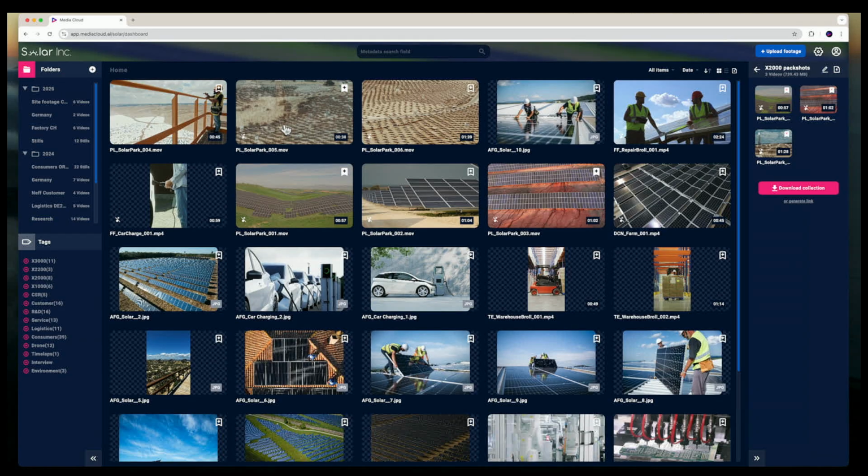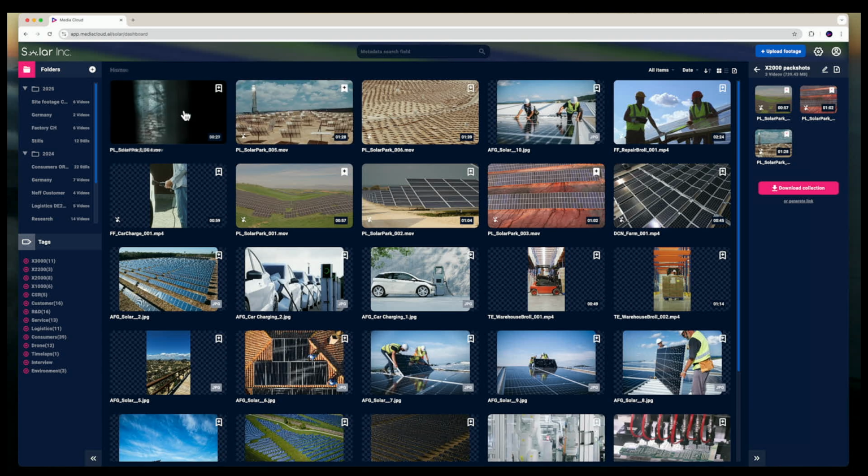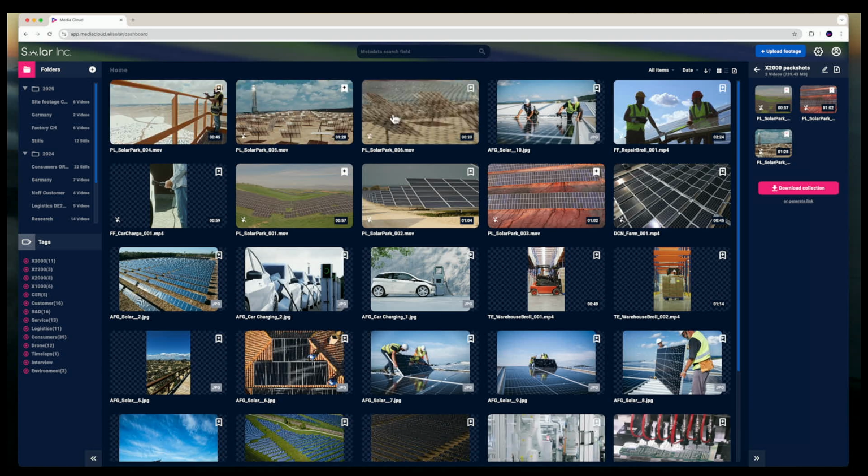On our main dashboard, you'll notice this mouse over feature we have, and that is a great way to get a really quick overview of all your source footage. Inside the thumbnail here, we'll find a nice time code. We have this button here that allows us to add something to a collection, and we can see that this particular clip doesn't have any audio. For stills, you can see the format of the still here, and that can also be added to a collection as well.